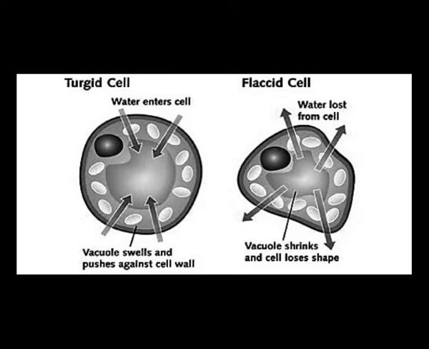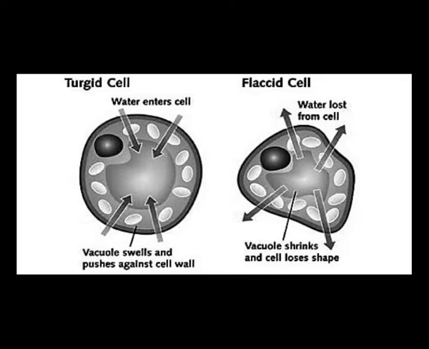Turgidity and flaccidity, which is also called plasmolysis. Now, you see, every living plant cell directly or indirectly is in contact with fluids. The root hair in particular is surrounded by soil water, and all such cells are subjected to osmosis, and water continues to enter as long as the cell sap is more concentrated than the surrounding fluid. So what happens when a cell reaches a state where it cannot accommodate any more water? It is fully distended, or it is called turgid, and the condition is called turgidity.